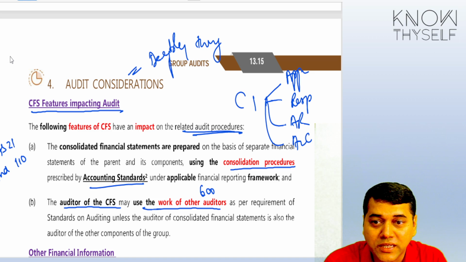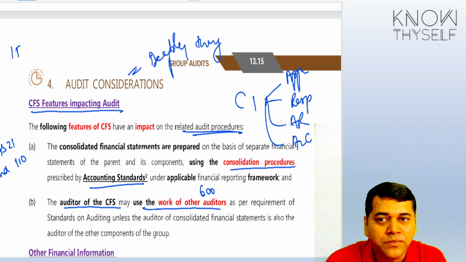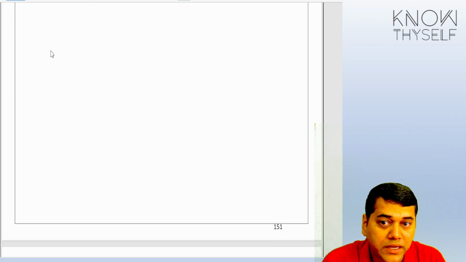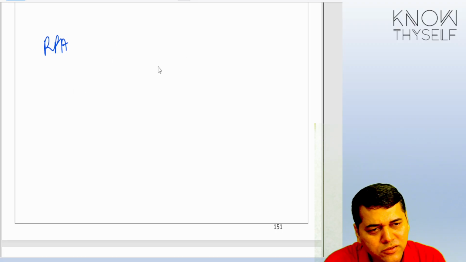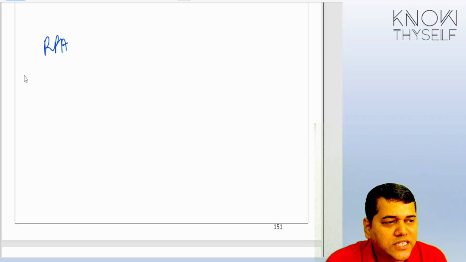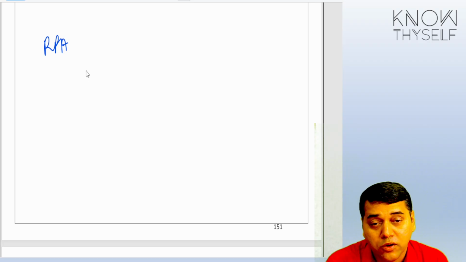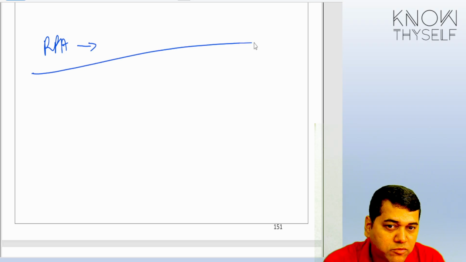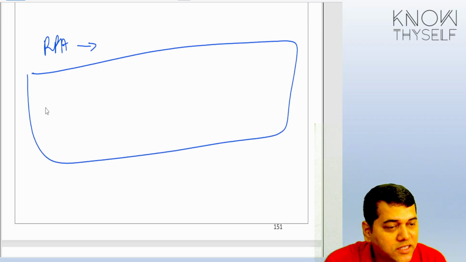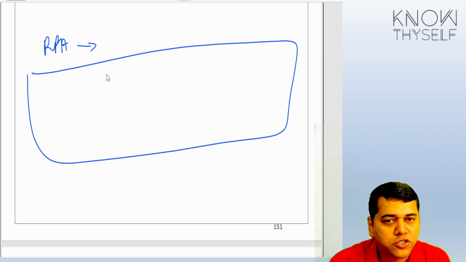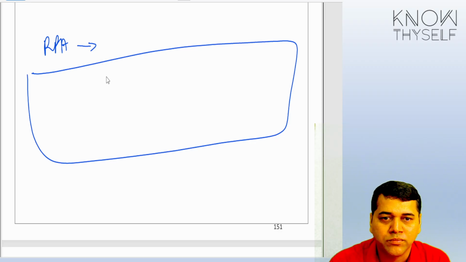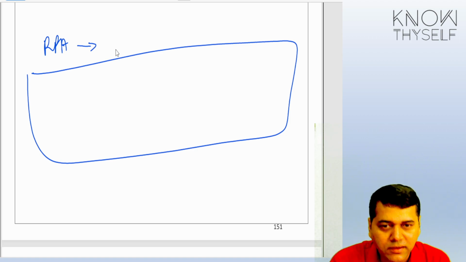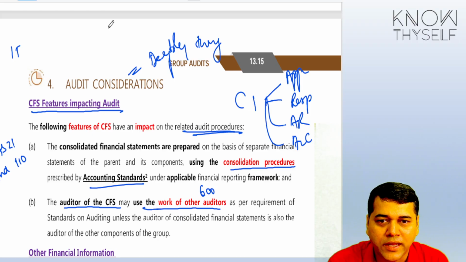And yesterday, one more thing: the IT related things we discussed. In that IT related part we spoke about RPA. I will talk to you about it separately, because till now they have not asked any question at the end. They said accounting standard, para, recognition, ICFR. I will tell you, students, with a proper example. I will explain one scenario of what exactly they are trying to tell. When I was teaching you yesterday, I felt I should have worked more, because that explanation was not sufficient. I will tell you this also. I was actually working on that. Yes, I will explain this part also, maybe in my next session.